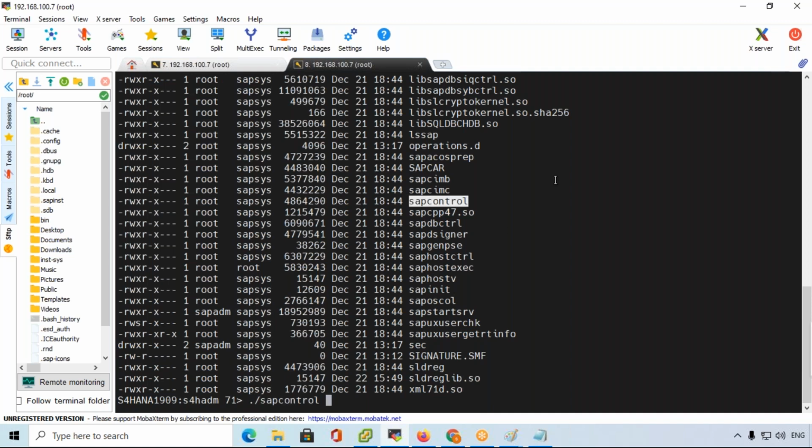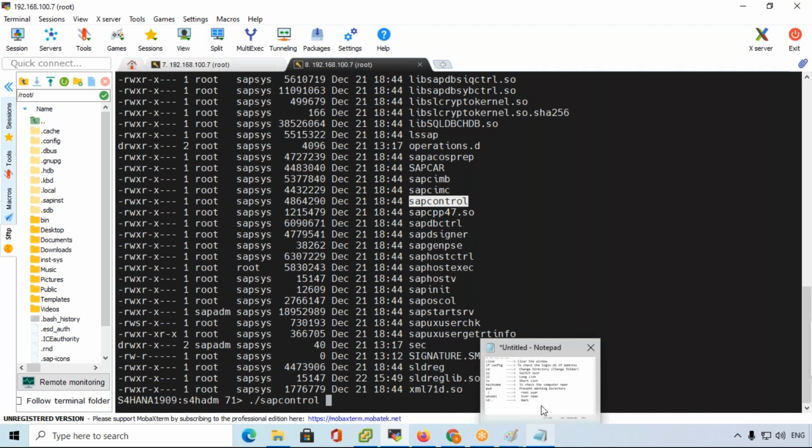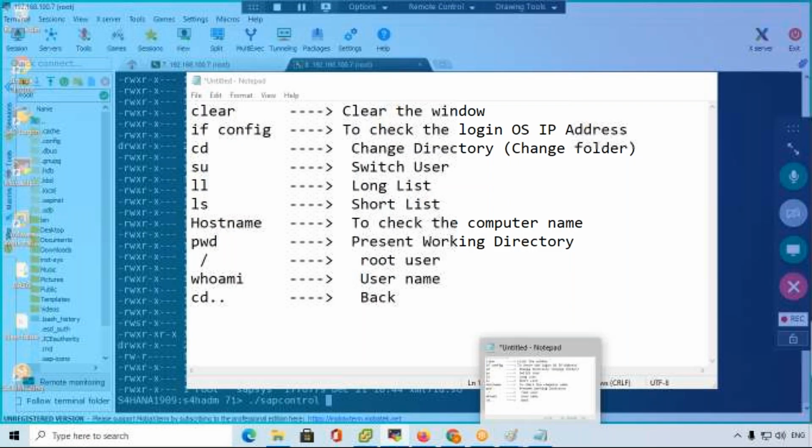SAP control. Here we need to use one command, that is dot forward slash SAP control. This is one command, hyphen NR. That is also part of the command. The entire line is the command: SAP control hyphen NR space instance number.